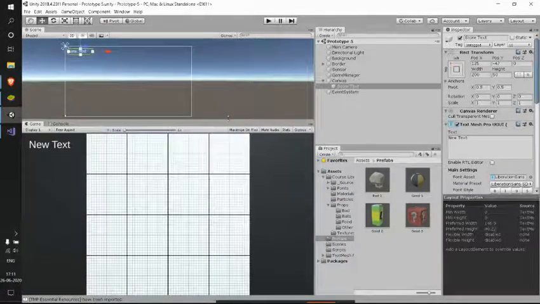It's not the way our camera behaves. This canvas makes the UI elements stay at a particular position based on the anchor points.